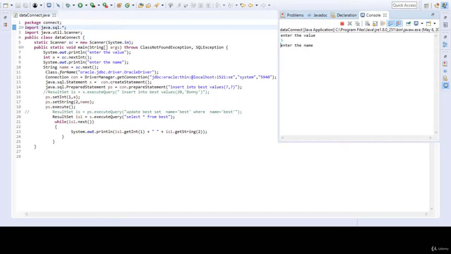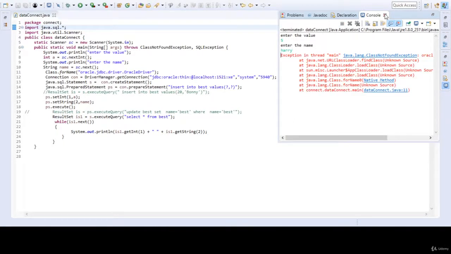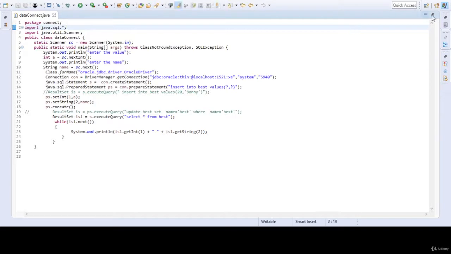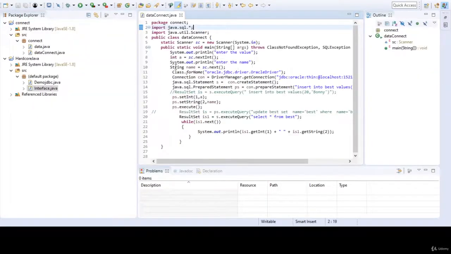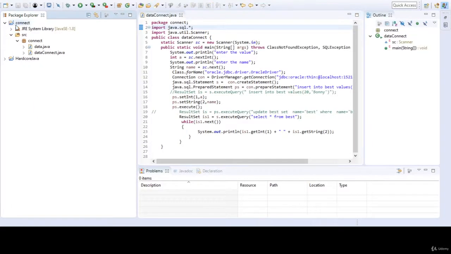If I enter the value and enter the name Harry, it will show an error, right. Why is this? Because we have to set some parameters, right. Here is our package and in this the class is there. Now we have to just right click on this. After right clicking you have to select build path and then add external archives, right.